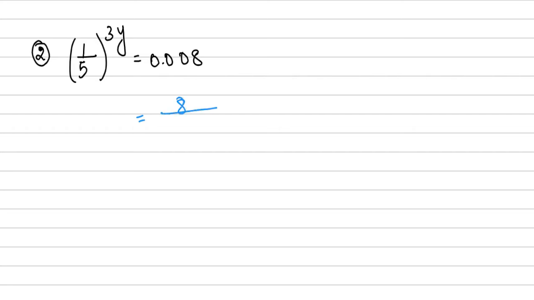In the second question, we are going to see an easy question only, but we haven't seen this kind of problem yet. 1 over 5 to the power 3y is equal to 0.08. Whenever you have something in decimal numbers, you have to express it in fraction format. Since we have 3 decimal places, I am putting 3 zeros in the denominator. Okay, so now there is one more hint given here.